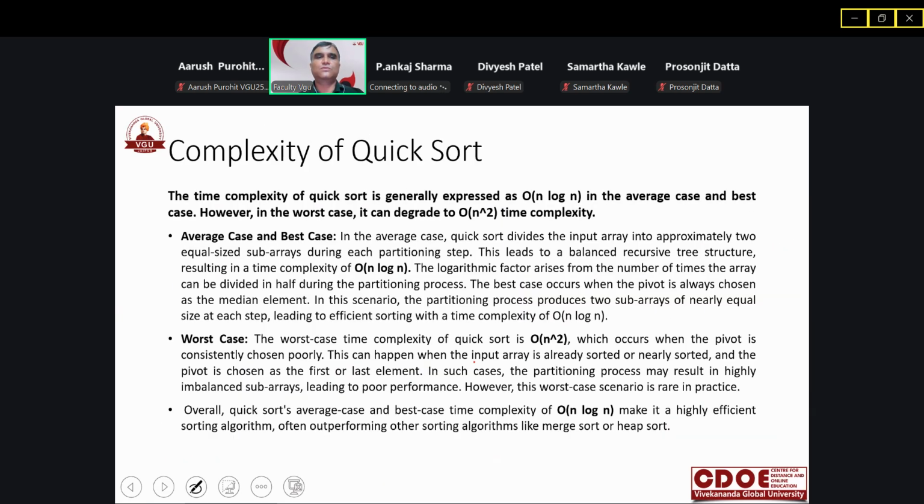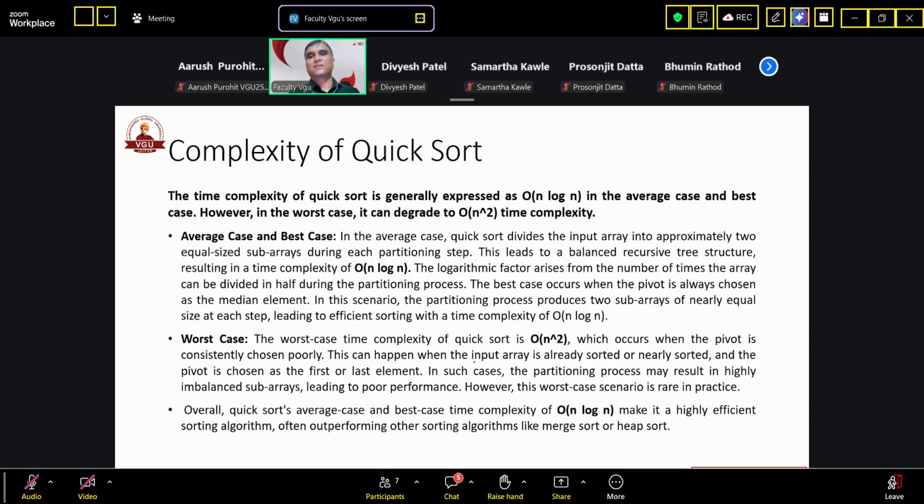Okay, now have a look at the complexity of quick sort. The time complexity of quick sort is generally expressed as order of n log n in the average case and the best case. However, in the worst case, it can degrade up to order of n square. In the average case, quick sort divides the input array into approximately two equal size sub-arrays during each partitioning step. This leads to a balanced recursive tree structure,